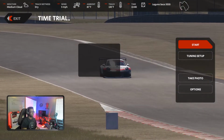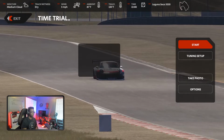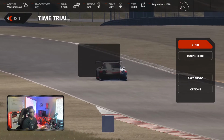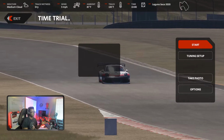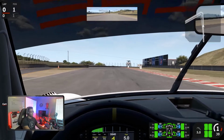Okay, so just so you guys know, I was using the HP Reverb G2 for my VR headset, and I'm going to be using a 43-inch screen. This is about 3 feet in front of my face with the field of view set. I forget what size, but it's set properly for my screen at this distance, and we'll see how well they compare. Oh wow,